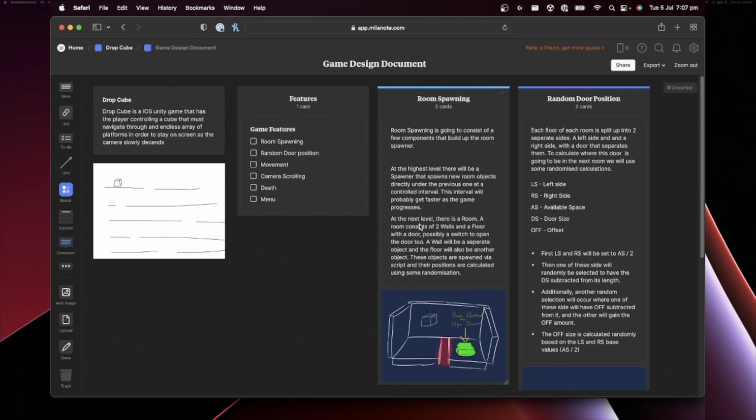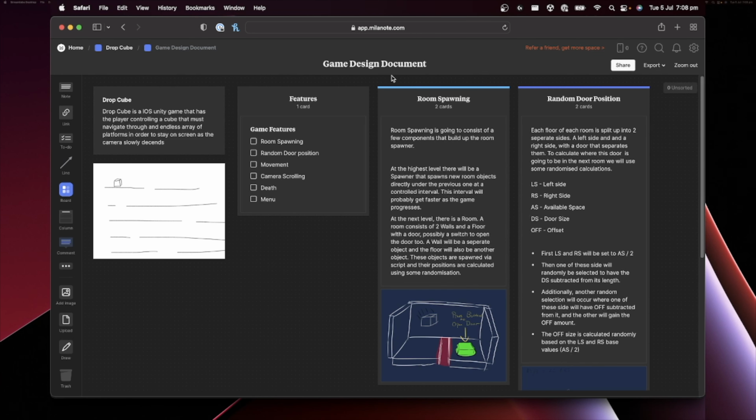So I want to be able to spawn these rooms randomly, all throughout code. So the idea isn't to have a prefab of a room and then move the floor and then make another room and change the floor again and then just spawn them randomly. I'm actually going to completely build each room randomly. So what I've decided to do